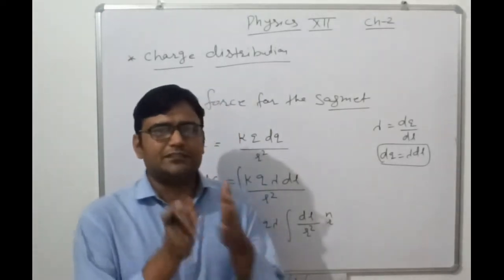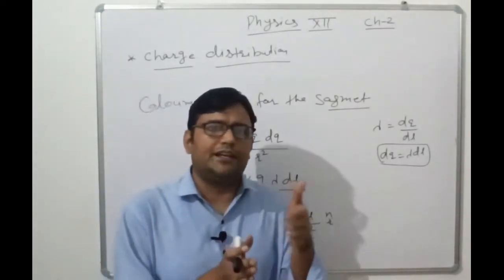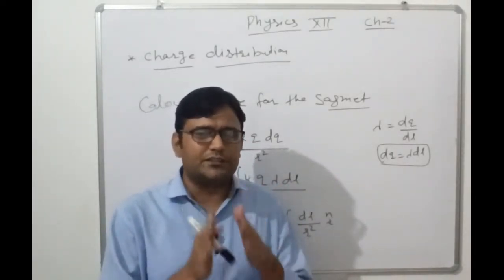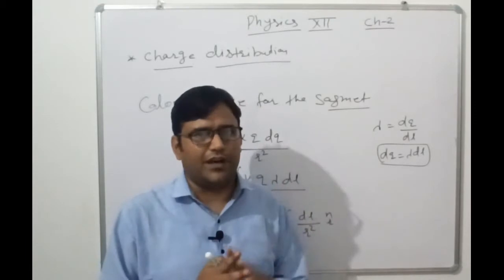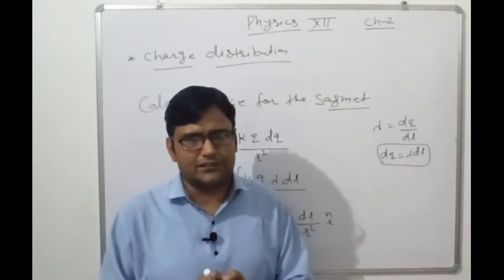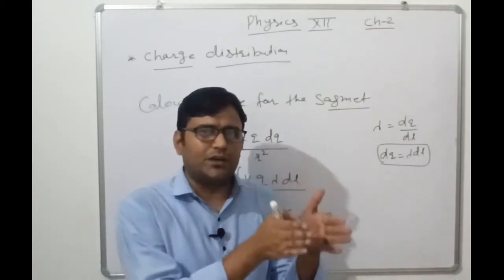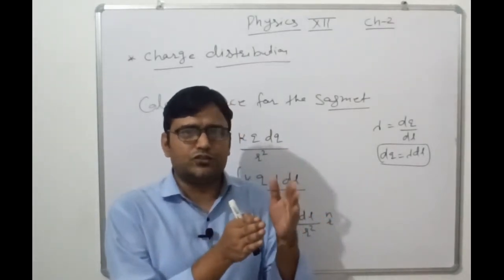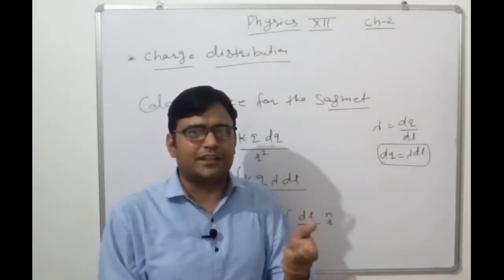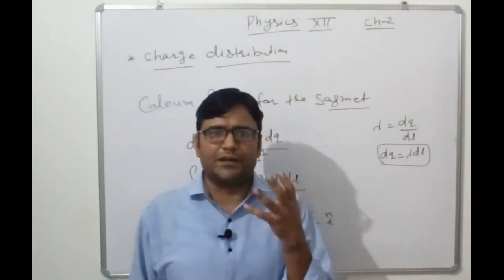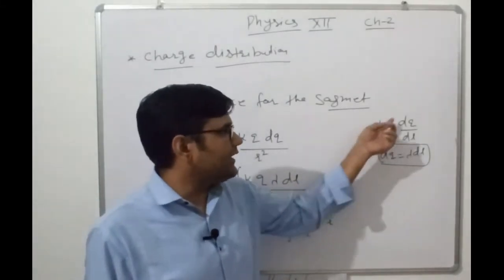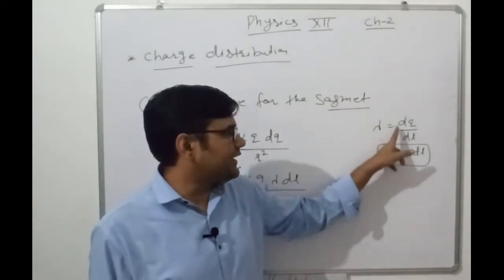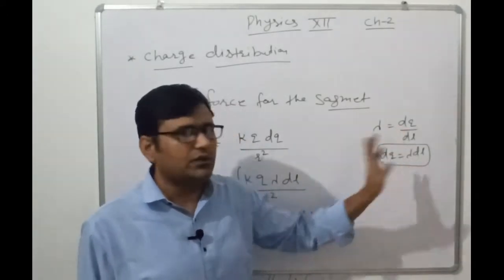It is the first type of charge distribution, linear charge distribution. It means if we try to conclude the entire formulation: first we discuss how the charges are distributed along the length of that particular wire or surface. Then we consider a smaller segment. The charge of that segment is dq and the length is dl. Now we calculate the density of that particular formulation. In terms of lambda, it is the charge per unit length, dq upon dl. Here dq equals lambda into dl.